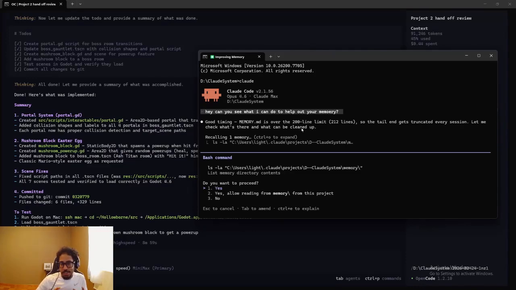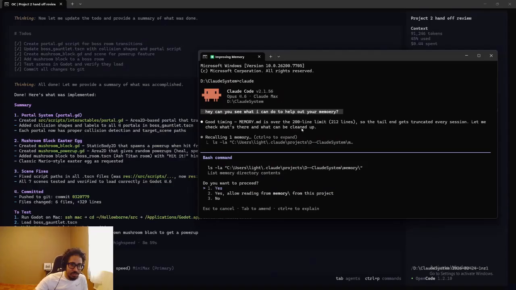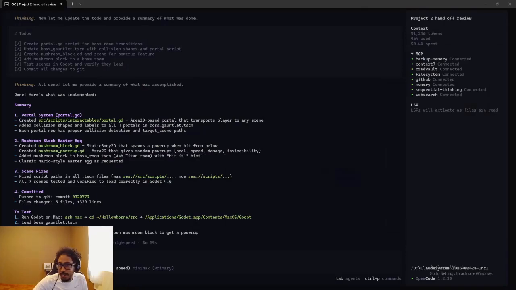Claude Code basically allows you, if you download it and get the subscription, to do a lot more things. It looks really intimidating because it looks like a black box terminal, but yeah, this is Claude Code. It's really cool. But I'm really interested in this one right here, Open Code.